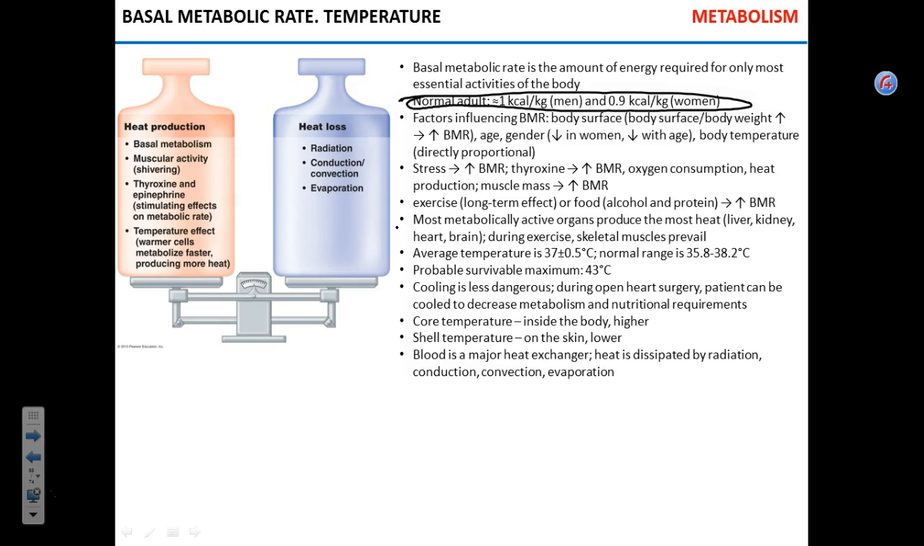Again, it's approximate. So what increases BMR? Thyroxine, thyroid hormone, first. Body surface. Higher body surface and body weight increases BMR. Some tissues are more metabolically active, so elevated muscle mass increases BMR. Basically, if